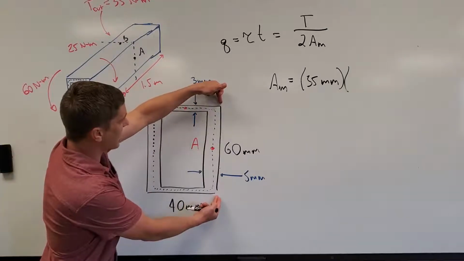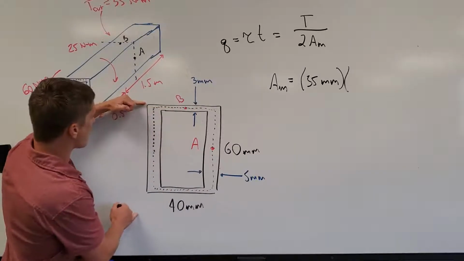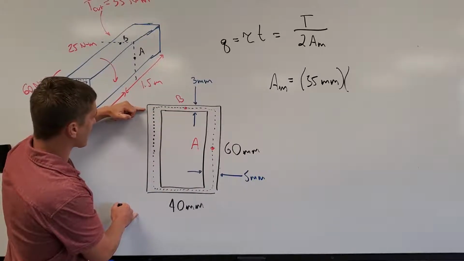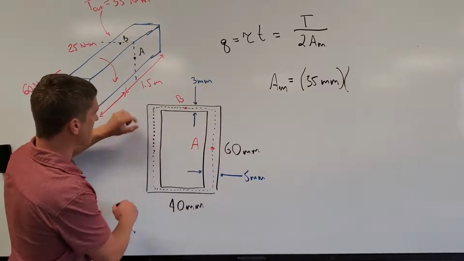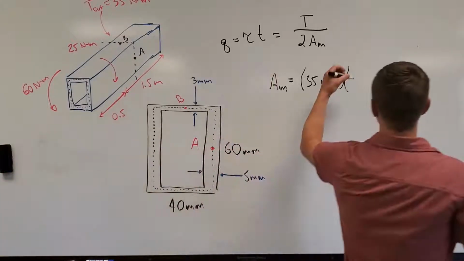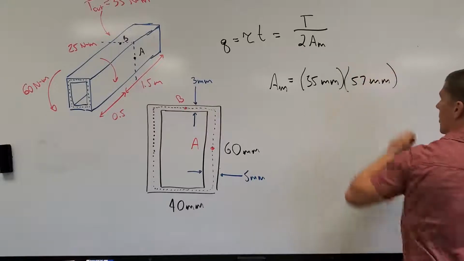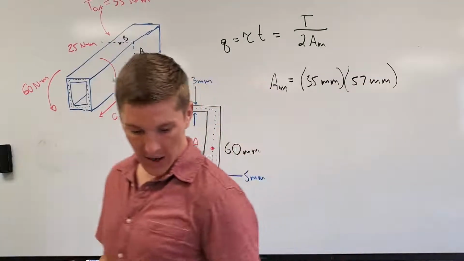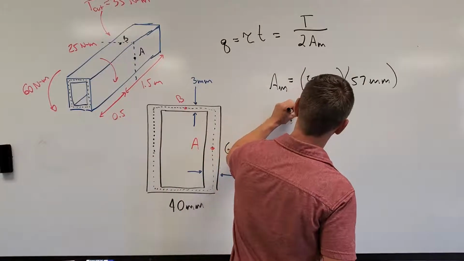It has a total height of 60, but because our wall thickness is 3 and 3, I move down 1.5 millimeters here, I move up 1.5 millimeters here, so I lose a total of 3 millimeters, which is the same as our wall thickness. So our height is going to be 57 millimeters. Okay, so that means if I carry that multiplication out, my mean area is going to be